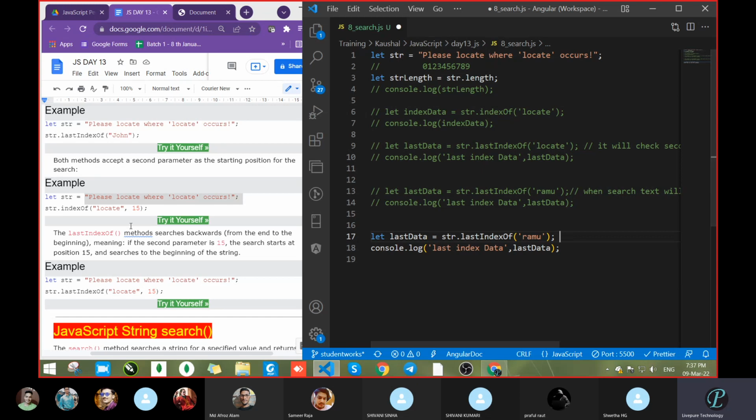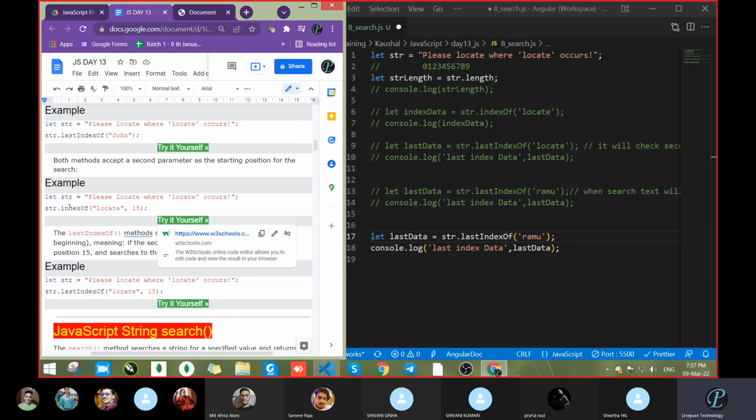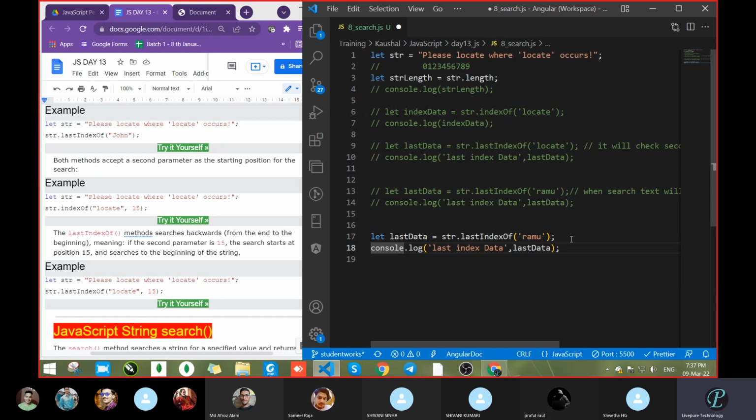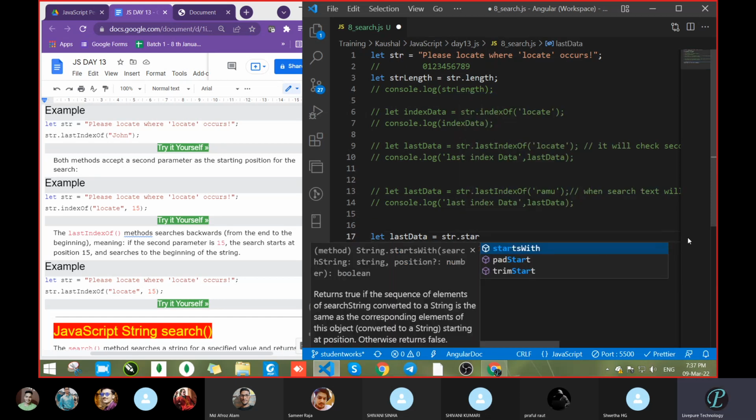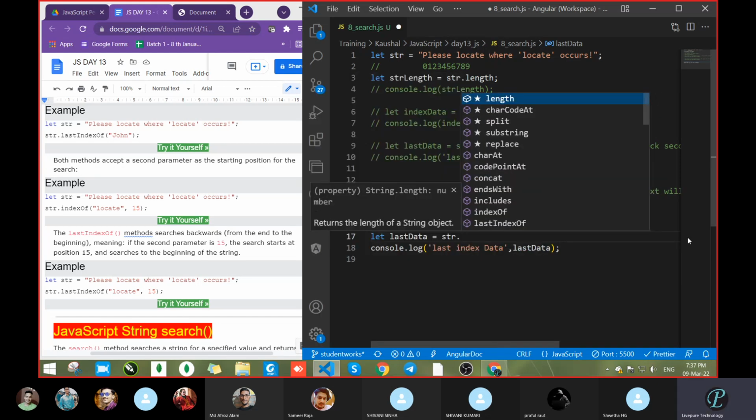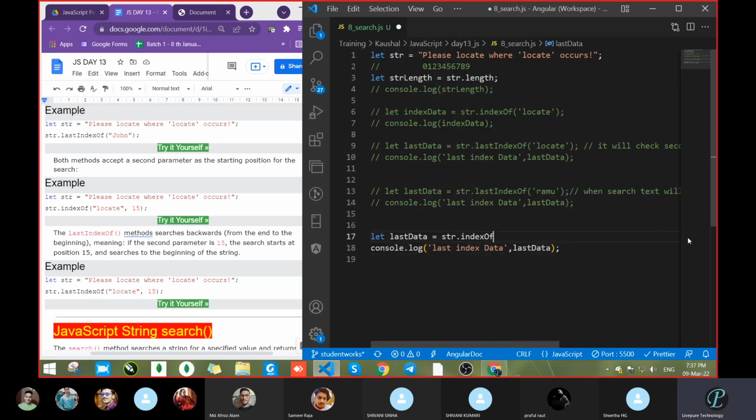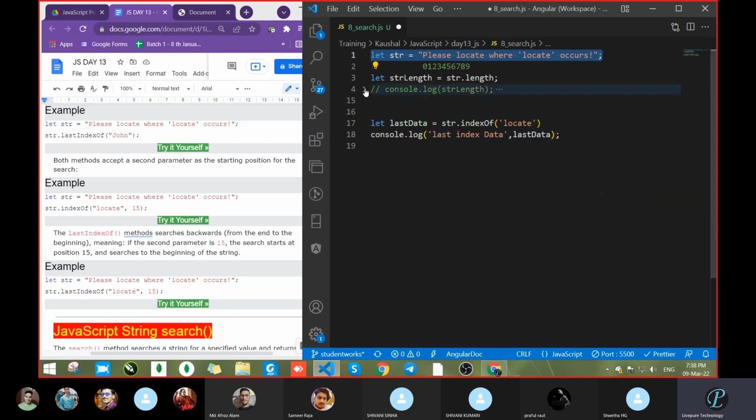So what we are going to do here is start with index of. Previously, in the case of index of, we just passed a value like locate or something, and it was checking whether there was a matching one or not, and giving a result.